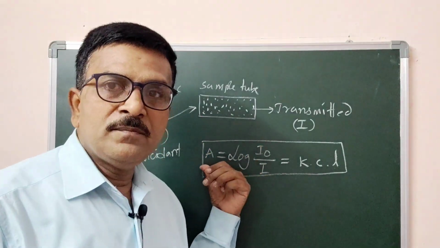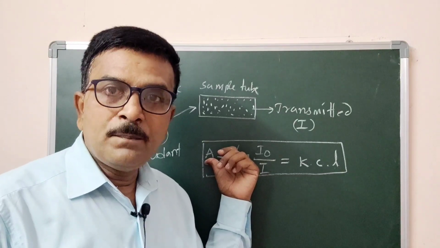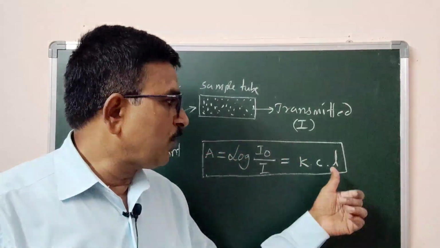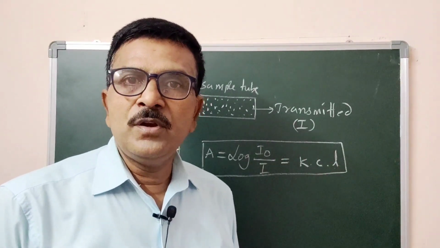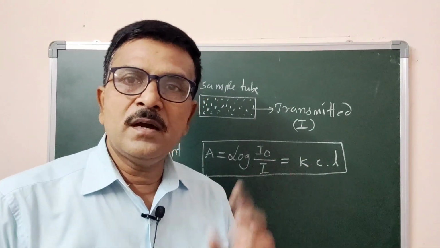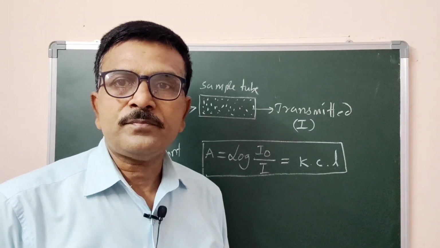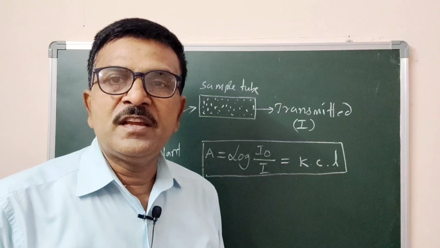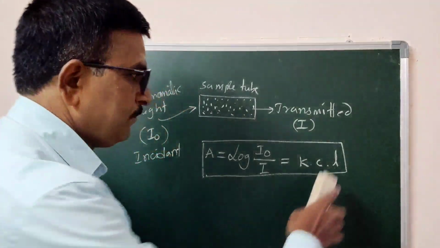So absorption, that is optical density, is directly proportional to the concentration of the sample solution. If the sample solution is of higher concentration, the absorption is also more. It is directly proportional. Now with the help of this equation, we can measure the light absorbed by the sample. Next,